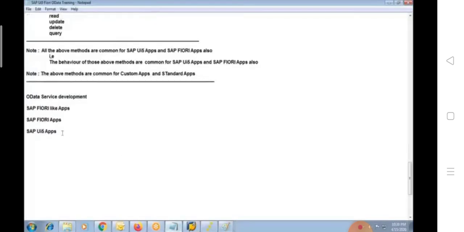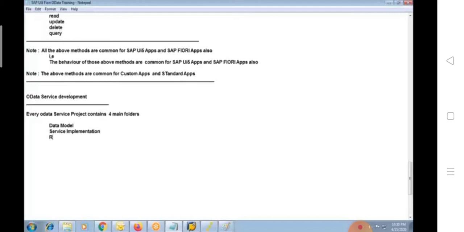In case of OData, every OData service project contains 4 main folders. Let me just give an overview: data model, service implementation, runtime artifacts, and service maintenance.